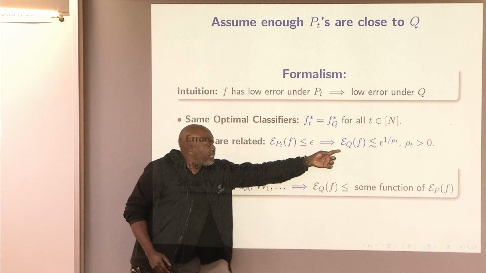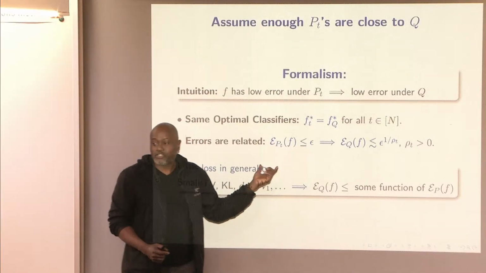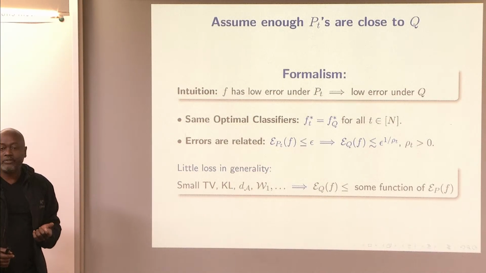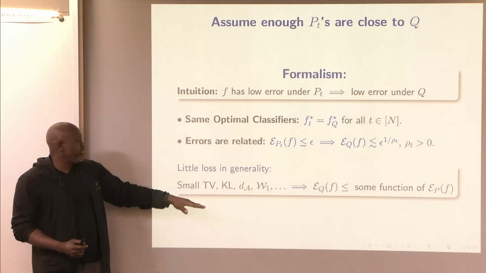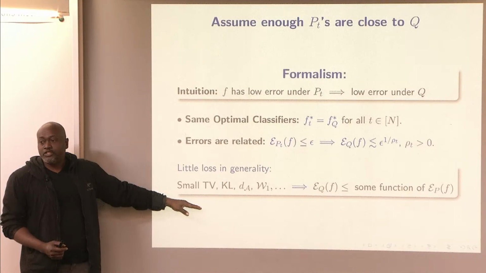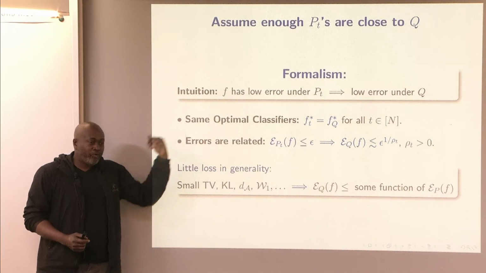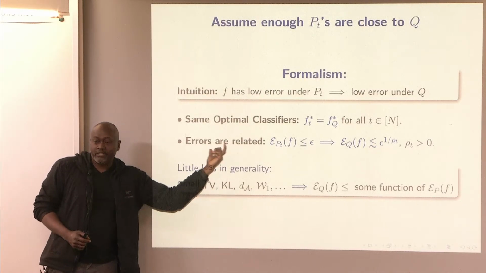Because this is essentially a modulus of continuity between the two excess risks. How fast does target error go down as source error goes down? Under the various assumptions that people have made in the literature, this is all they're trying to bound, and you can recover a lot of the existing rates by just using this type of